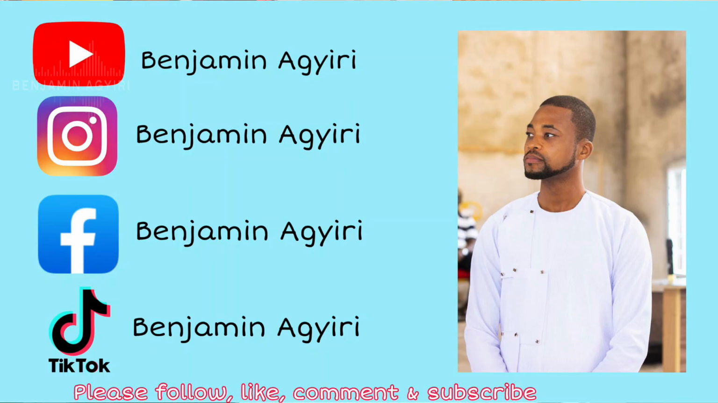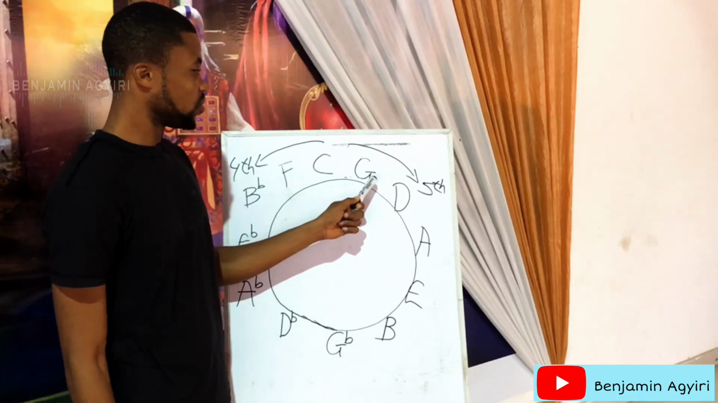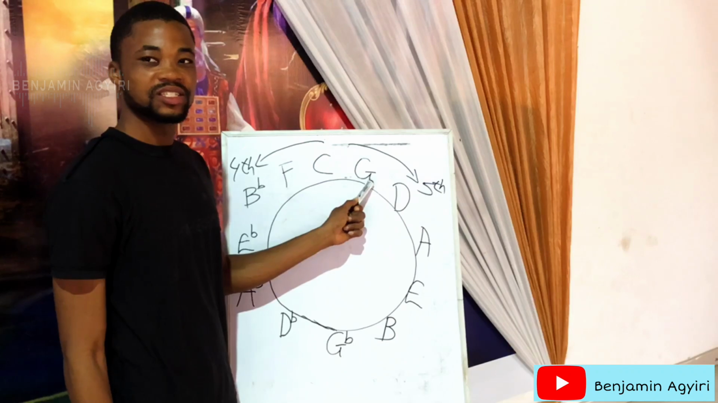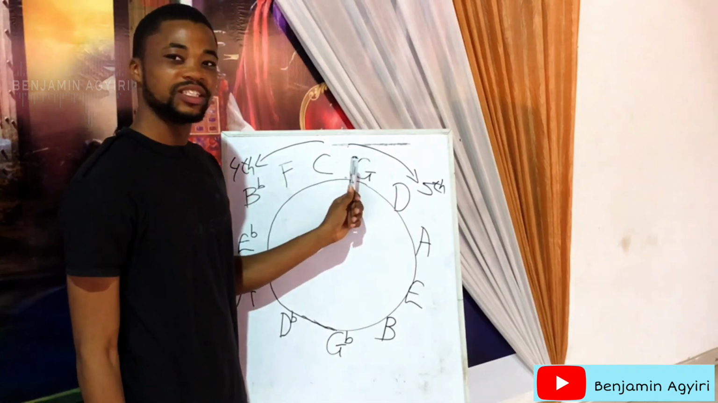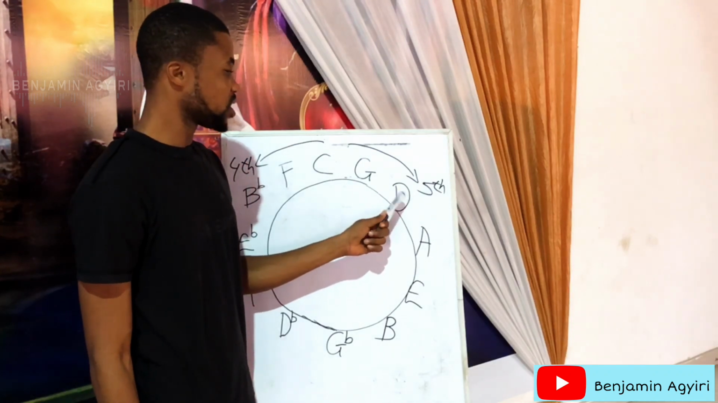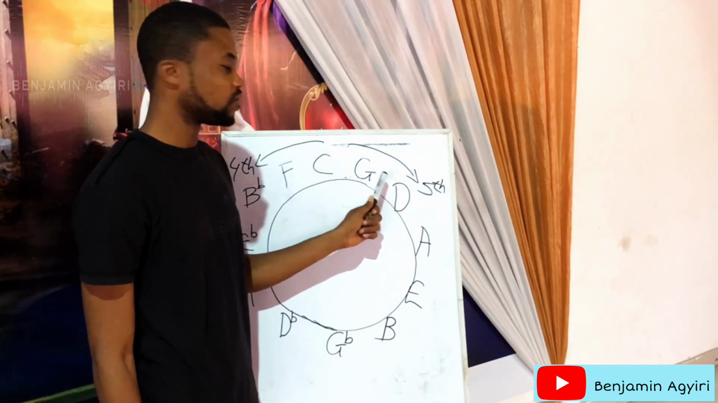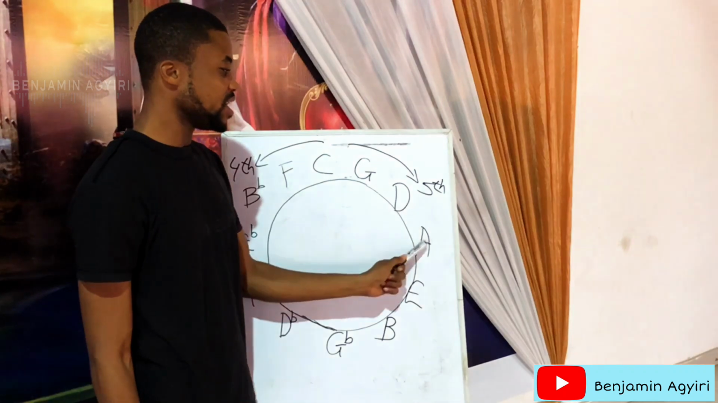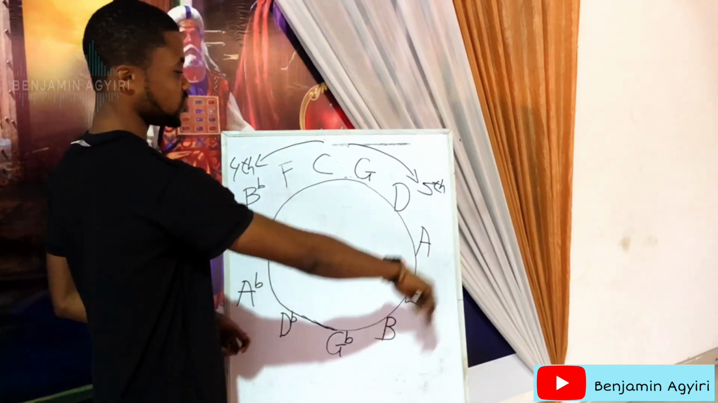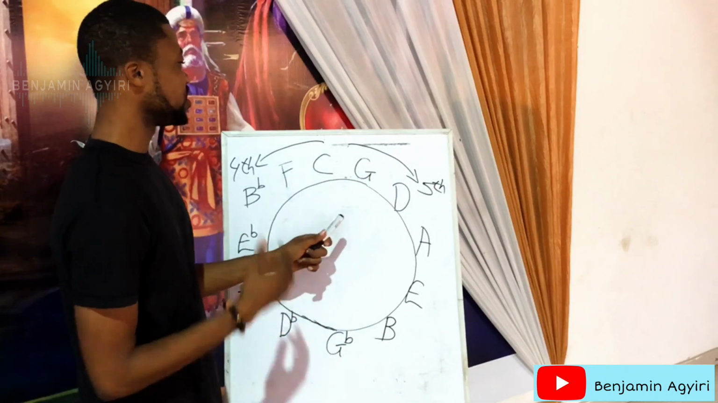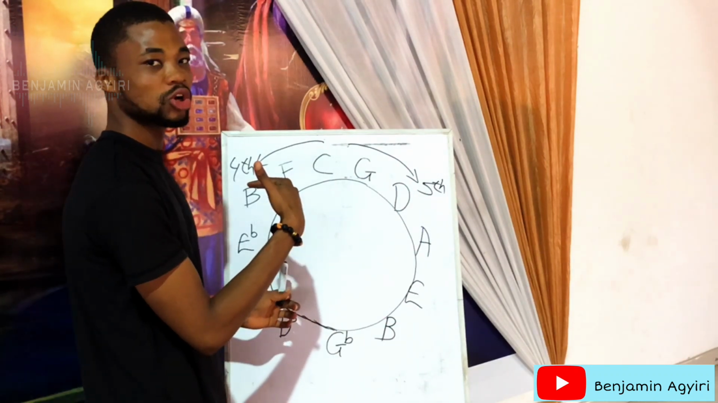With C being our reference, we can see that G is the fifth of C. Key G also being our reference, we can see that D is a fifth of G. A is also a fifth of D. E is a fifth of A. It continues like that. And then, watching from the anticlockwise direction,